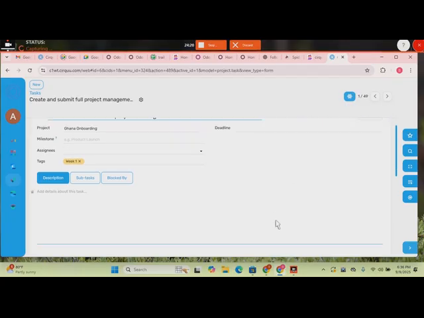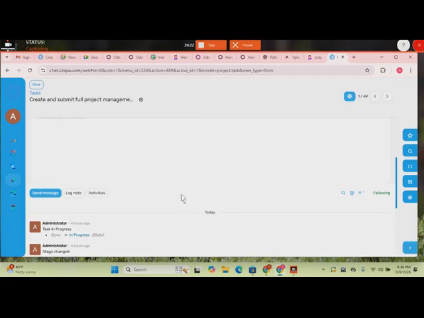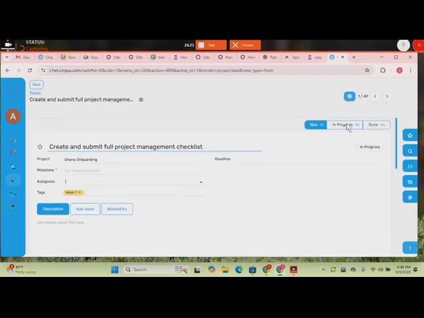Then, as this task is going on, you can move it to in progress. Let's say I just started working on this. I can quickly move it to in progress by selecting the in progress button. Now it's in progress. Once I'm done, I can mark it as done from here and move it to the done field so that it is highlighted in the done stage. And so now this task has been moved to done. So if we jump back into our task,